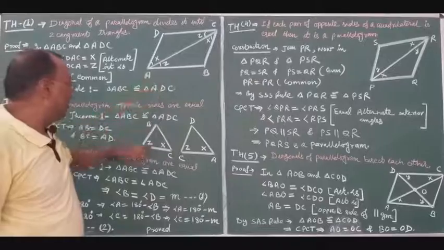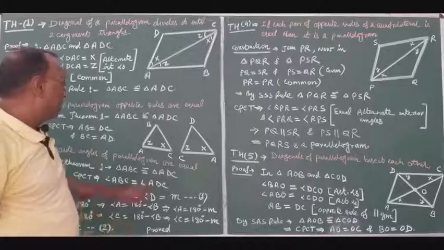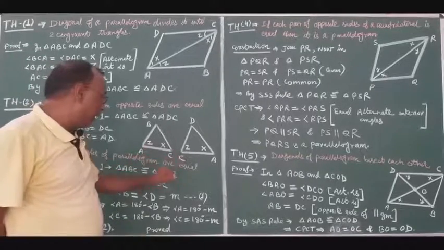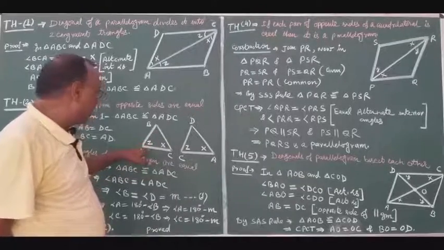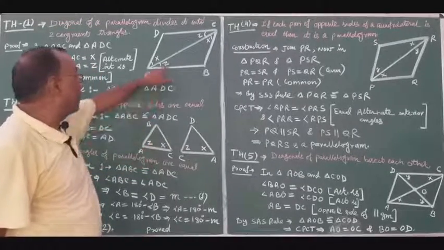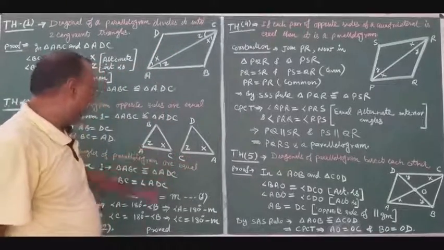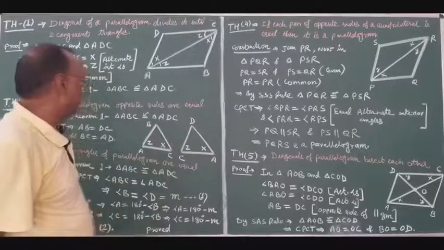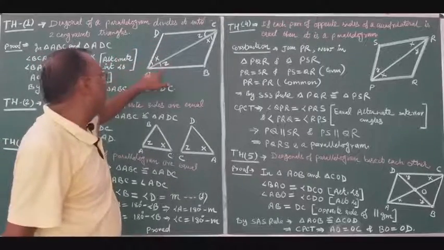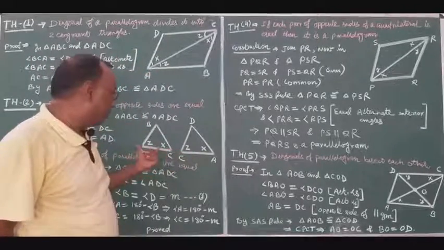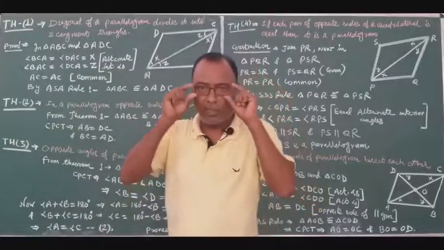Its angle A was Z and X like this. So this is ABC, so what will we write? Here we will write according to this Z and according to this here X. Now tell me, if angle BAC was Z in this triangle, which angle of this triangle was Z? That was DCA, that is, this vertex is C. Similarly, angle ACB was X. So which angle of triangle ADC was X? That is DAC, that is, vertex A should be here. Now both the triangles are in CPCT positions.